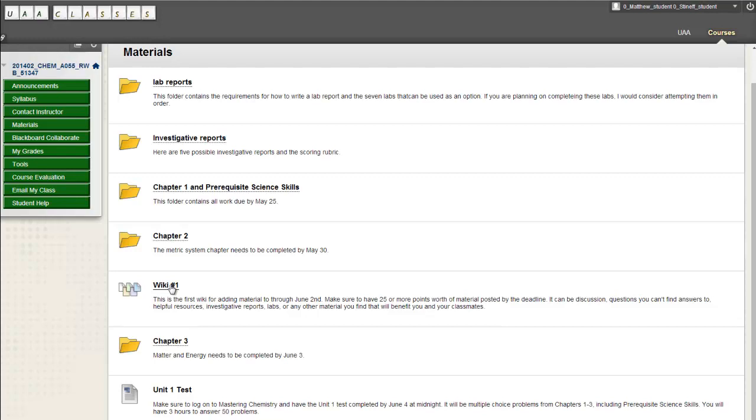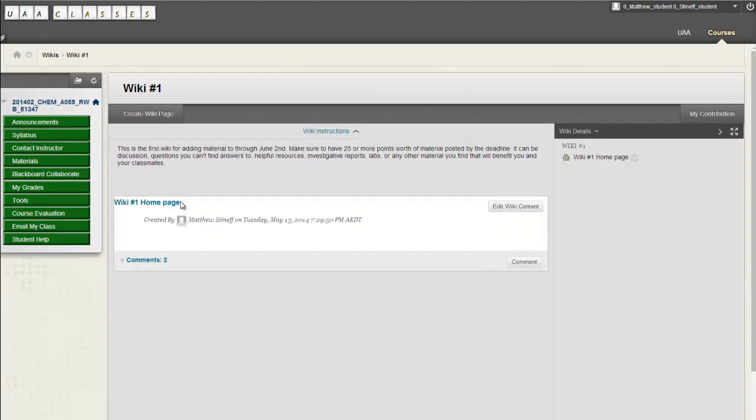They grade it on what you contribute. You can put investigative reports in there. You can add any sources found online, web pages that of course need to relate to what we're talking about. Any questions, any comments you make to help other people out, any answering questions, or anything else where you just say, hey, this really relates and this is what I'm learning and this will add to the learning of everyone. So if I click on wiki number 1, as it stands right now, there's only one wiki homepage